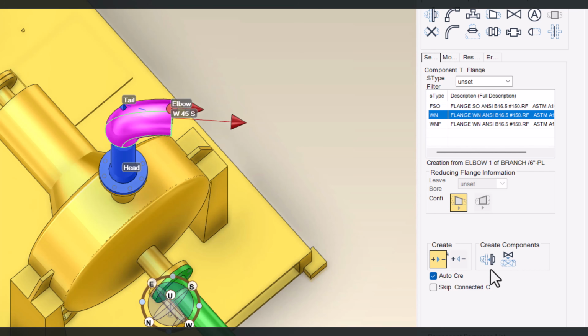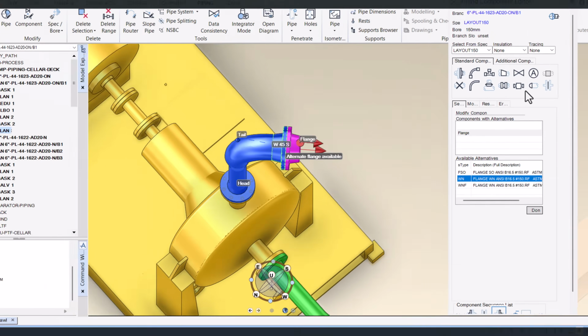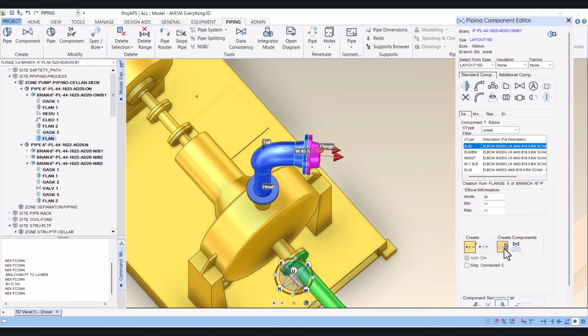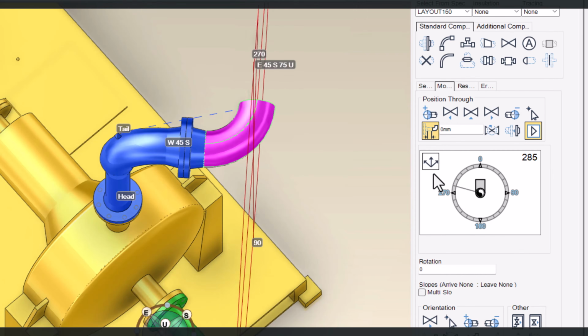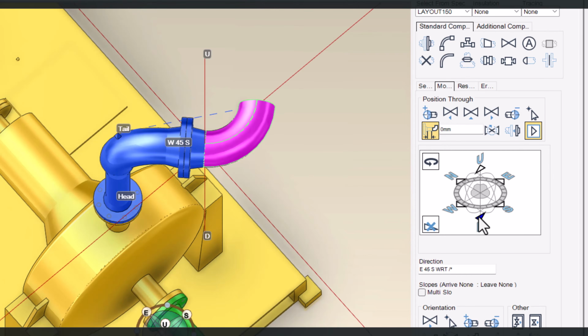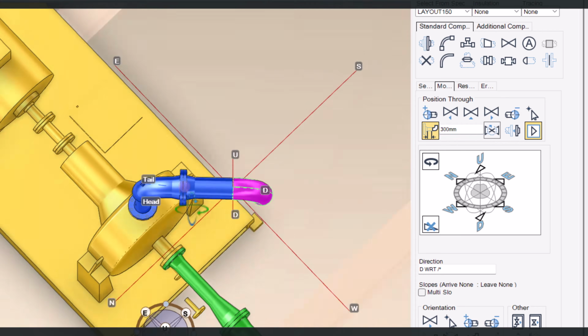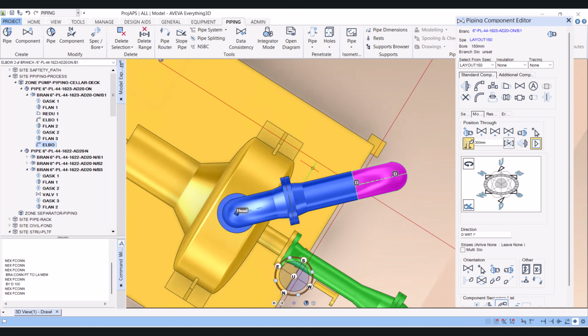Click weld neck flange, and the second flange I will also make weld neck. Now again I will create an elbow. Click on modify, and here on D downside, and give a spool of 300. So here what we have to consider is the removable spool,